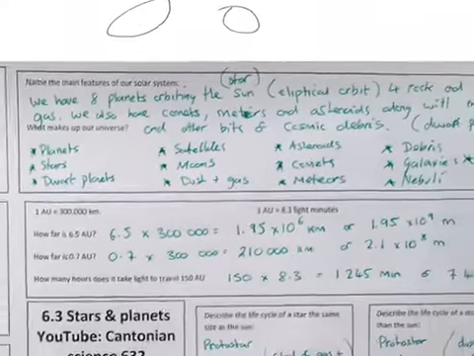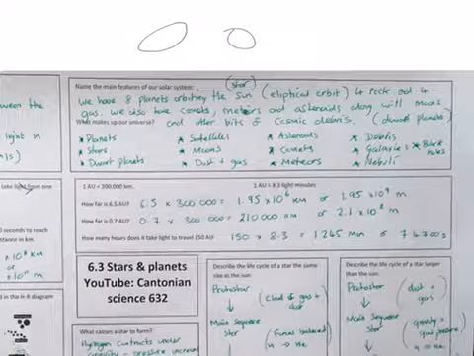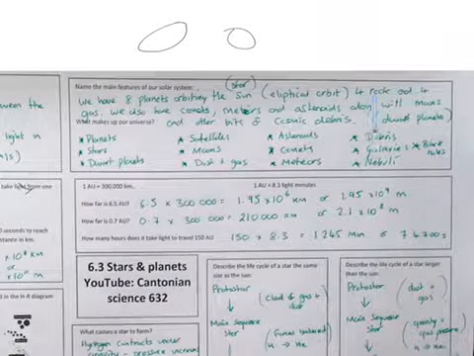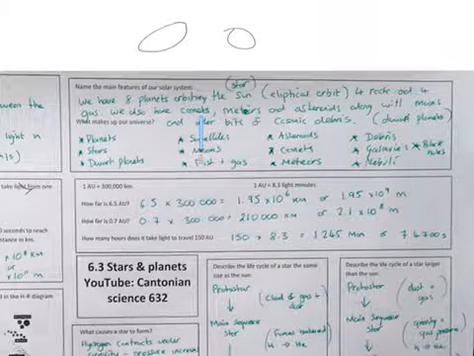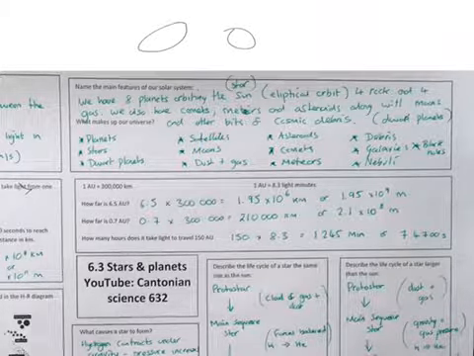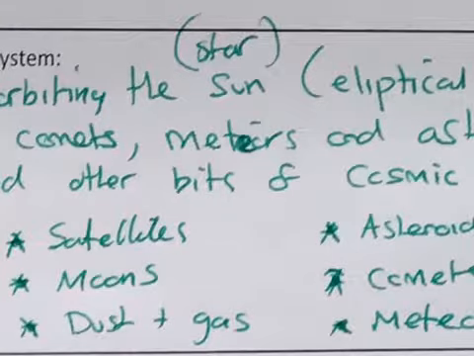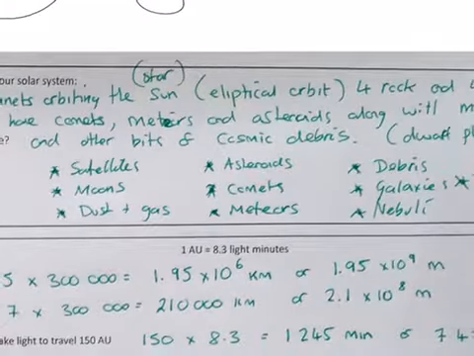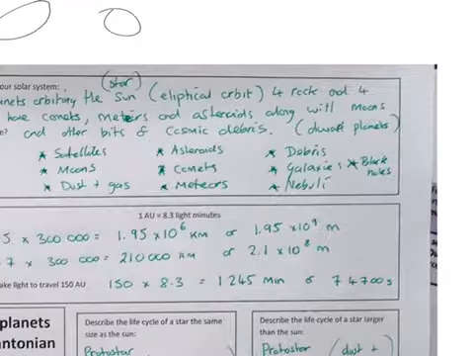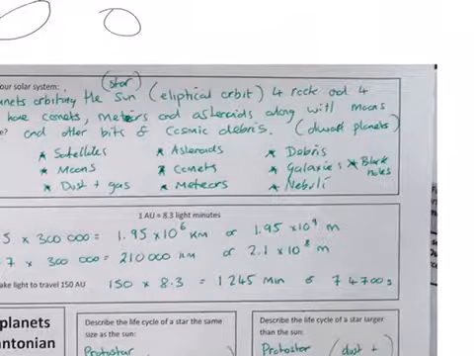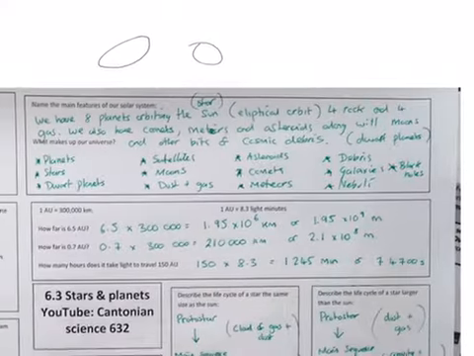Let me just zoom back out a minute so I can see all of the text. There's 4 rock and 4 gas. We also have comets, we have meteors. Be careful on your spelling of meteor there, because I spelt it with an I first and then I realised I was wrong. And asteroids, along with moons and other bits of cosmic debris. I also kind of forgot to put in dwarf planets there, but it's okay because